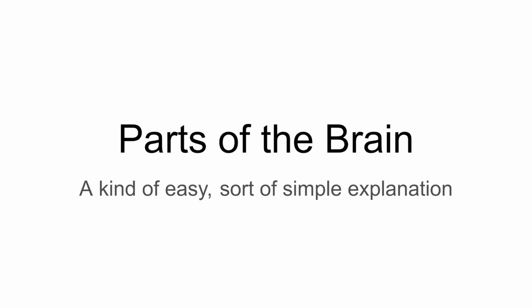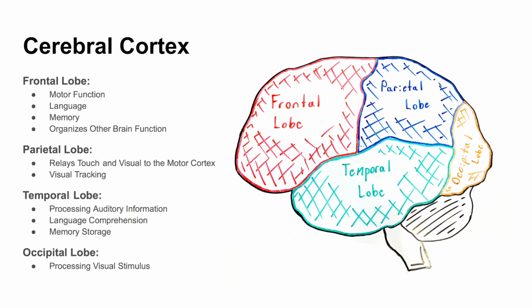As well, it's important to know that the brain is very complicated and it's not one part controls one thing. So some of the parts overlap, but we'll get into that later. So enjoy. Alright, so the first portion of the brain we're going to be looking at is called the cerebral